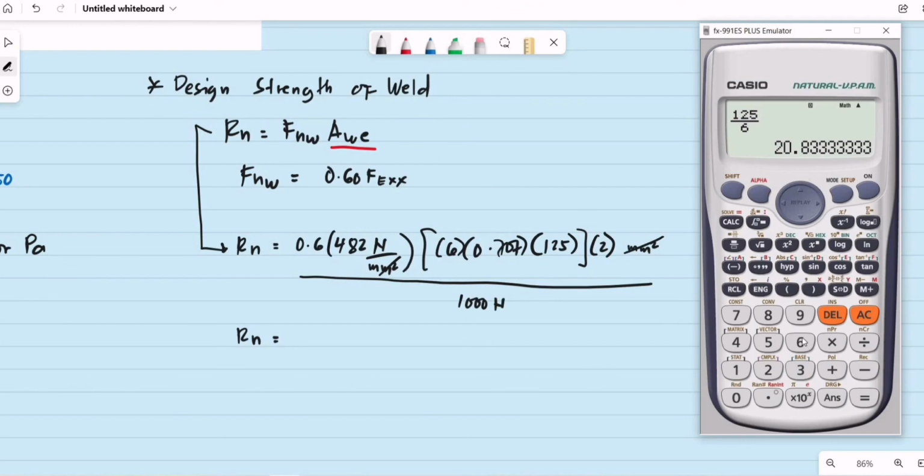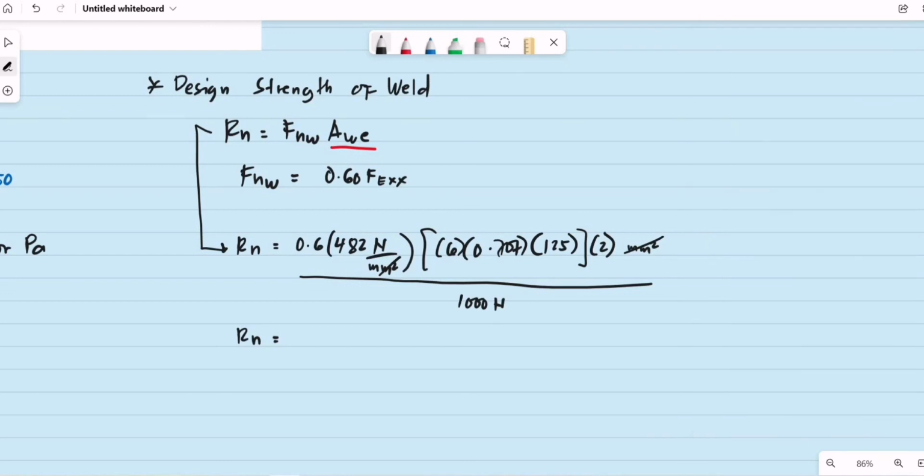Computing for the value, this is 0.6 of 482 megapascals. Then 6 multiplied by 0.707. The length of the weld is 125. We have 2, so multiplied by 2. Then this is to be divided by 1,000 to be in kilonewtons. So let's say this is 306.70